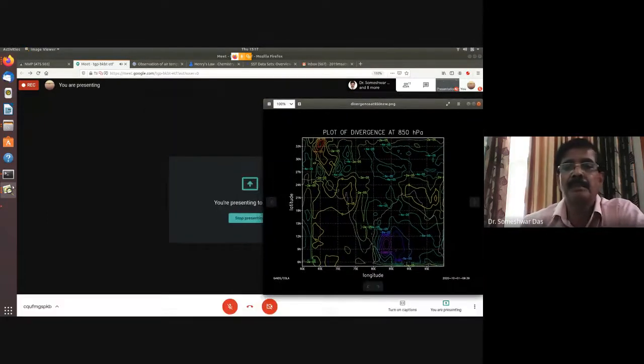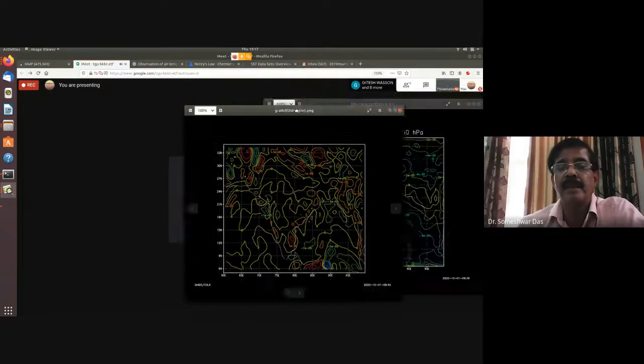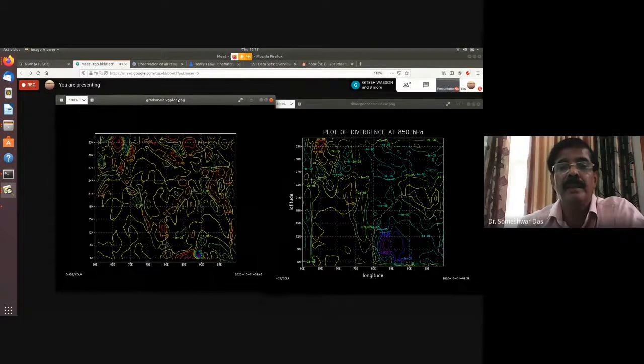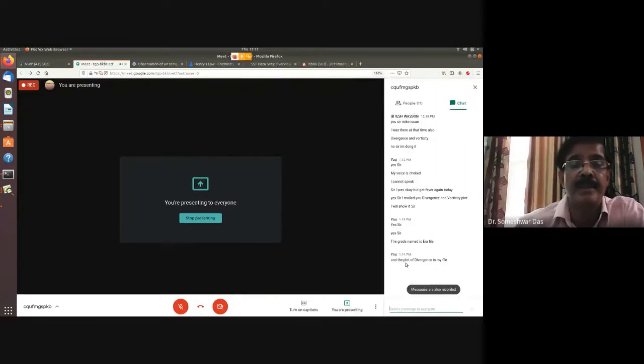This is the plot of divergence. I think this is your plot, the one which you have computed, and this may be the ERA plot. Which one is yours? Probably the right side is your plot, and which is the left side? First of all, you have to clarify whether the right side is the one which you have computed.